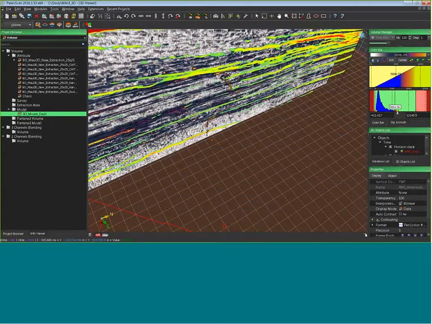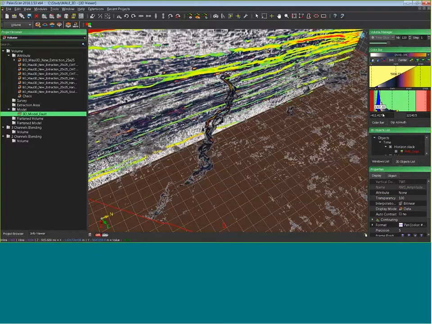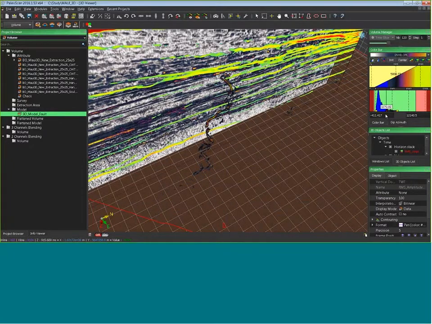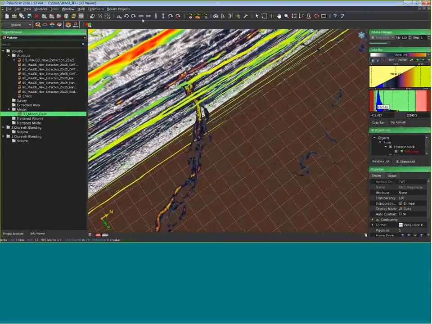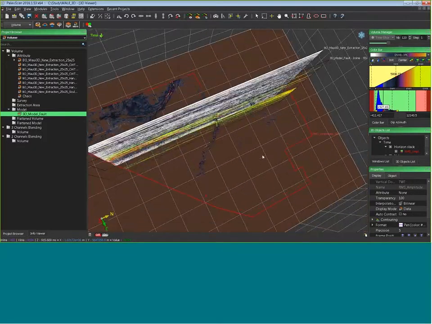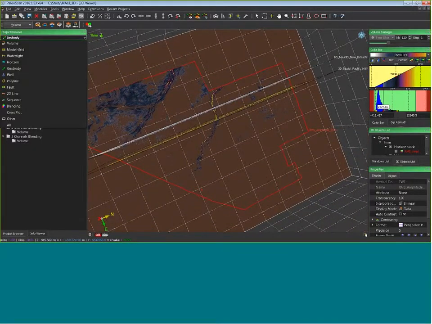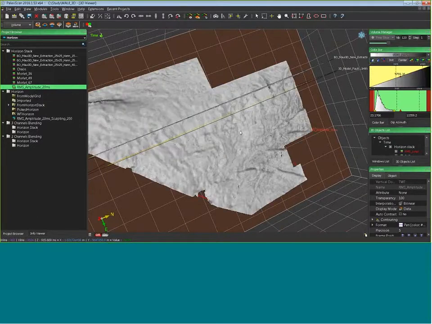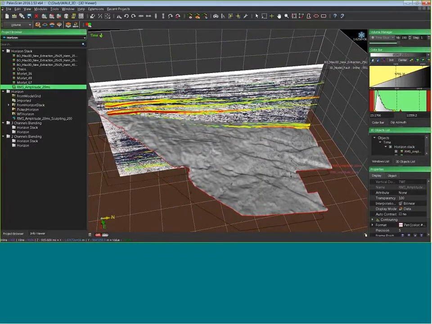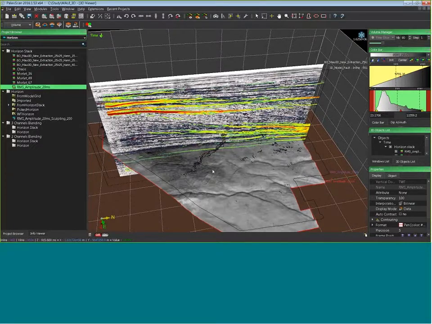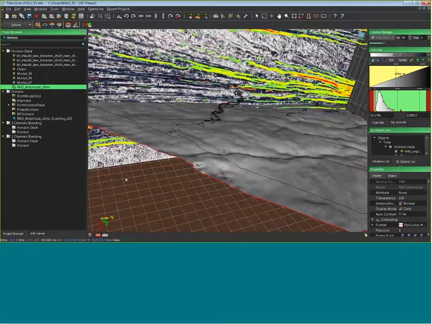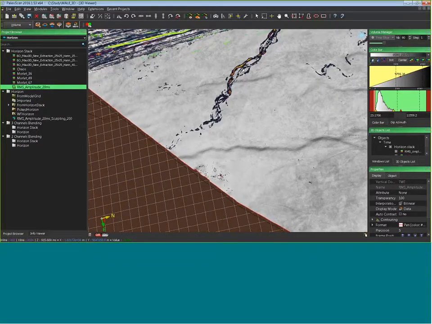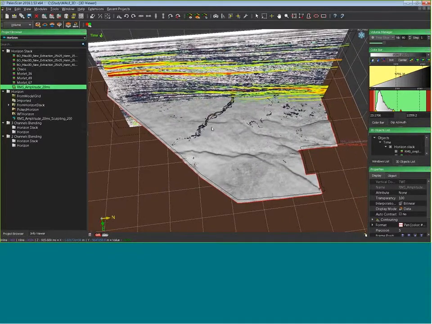Then playing with the red triangle with the amplitude, I can display just a part of my horizon stack like this. And of course, if you want, you can drag and drop a new horizon stack and then navigate below, so like this you keep the transparency of the first one and the display of the second one below this horizon stack.